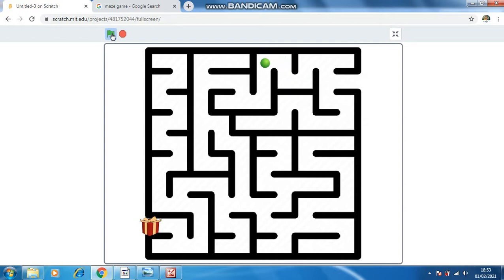So we are moving towards the gift. Now I think, sorry. Now we are moving towards the gift. In this chance, sorry friends, I am unable to do it, but I will try. I am trying. Now I think we will go in this chance. We will take the gift. We will catch the gift. Hurray. Again it is going.